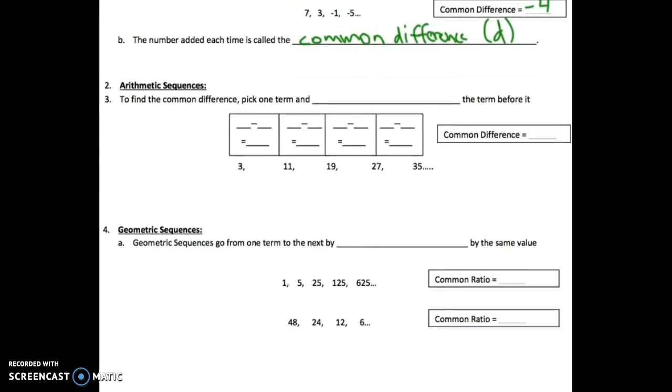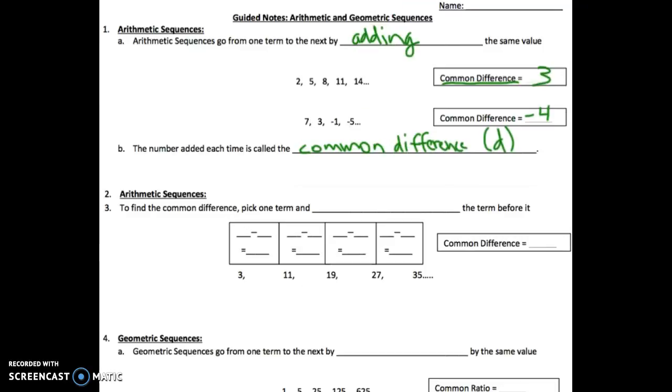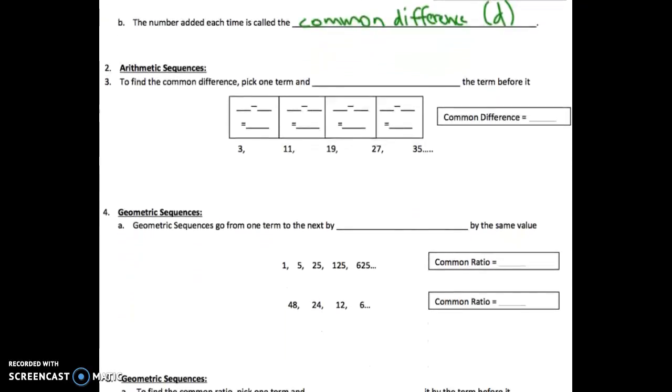Because we're going to use D in the explicit formula a little bit later. Now, in order to find the common difference, sometimes it doesn't just jump out at you like up here, 2, 5, 8, 11, 14. It's pretty easy to see that it is 3. If you ever are in a situation of a sequence that you can't necessarily immediately think of the difference itself, then the actual way to do this is you pick one term in the sequence and subtract the term before it. Meaning, in this sequence, 3, 11, 19, 27, 35,